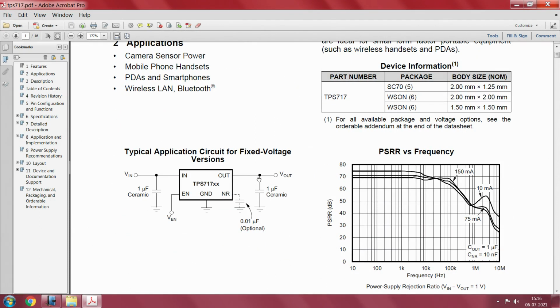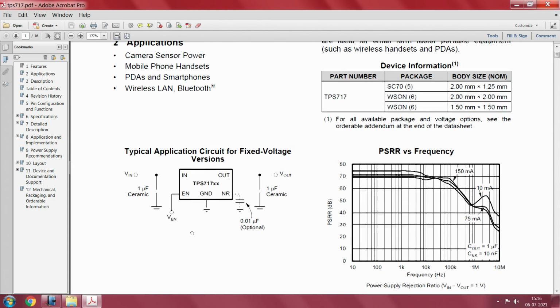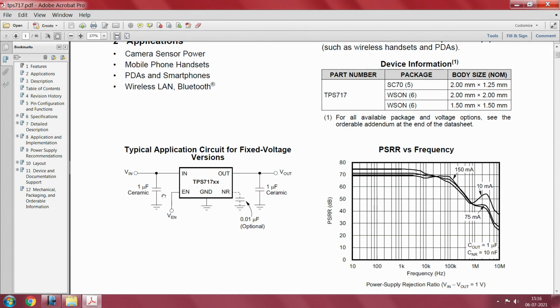Then come several parameters which are part of this data sheet. For example, the one that you see on the left side, this is a nice picture already. You have input, you have an input capacitor, you have an output capacitor, you have a ground, you have input V in and you have V out. You know that V out is always less than V in. V dropout plus V out should give you V in, right, that is also an important thing. So the dropout is the voltage that is dropped across this LDO plus the output voltage should give you the input voltage. So you can also interpret it that way.